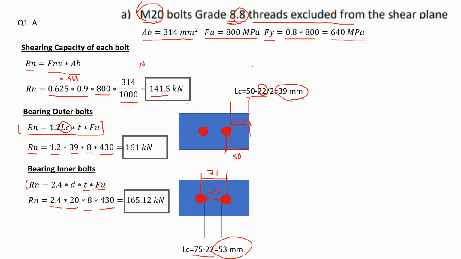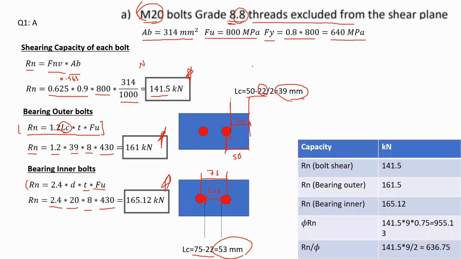From here, as you can see, I have three capacities, 141, 161 and 165. So I can create a table. I can say that, okay, this is the capacity for the bolt shear, the bearing of outer bolts, and the bearing of inner bolts. And I have each capacity as shown. Now, before we proceed,